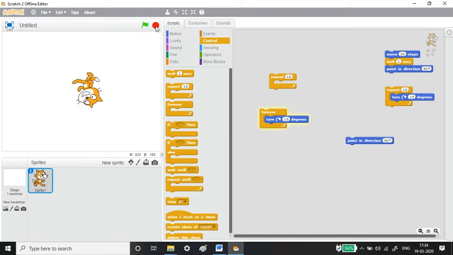If I press the stop button, the program terminates and the cat stops. Now I'm making it point towards the right. So do you understand the difference between repeat 10 times, or a particular number of times, and forever? Repeat does the job for the number of times you specified, whereas forever does the job until you give the termination.